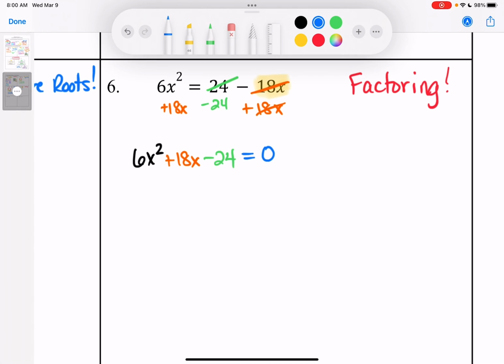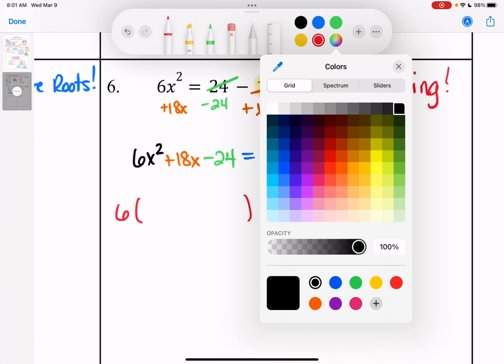But don't forget, first thing I looked for, and I noticed this has a GCF. I have a GCF of 6. I'm going to pull that GCF out. Now, do you have to take the GCF out? The answer is no. You really don't have to, because you can do a factor box, but it's going to make your factor box so much easier, and it's going to go so much faster if you take that GCF out, right? So I'm going to have that 6 out in front, 6 times,